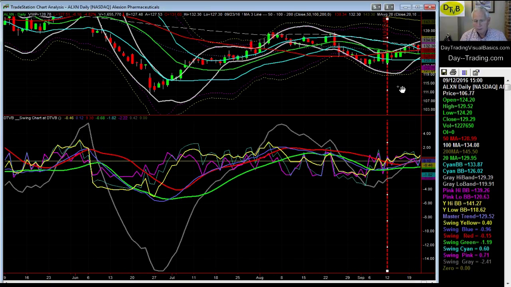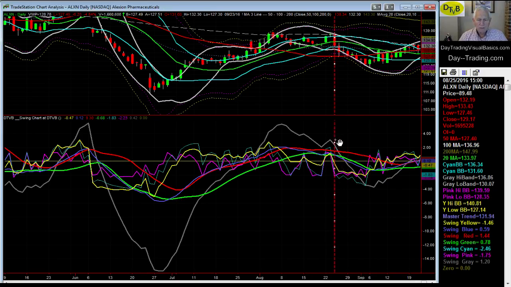Except for those that are trading with a system that lets them see this stuff happen. The indication that this swing gray line can give you is just phenomenal. If I move it back over here, here is a BOC on the swing in a